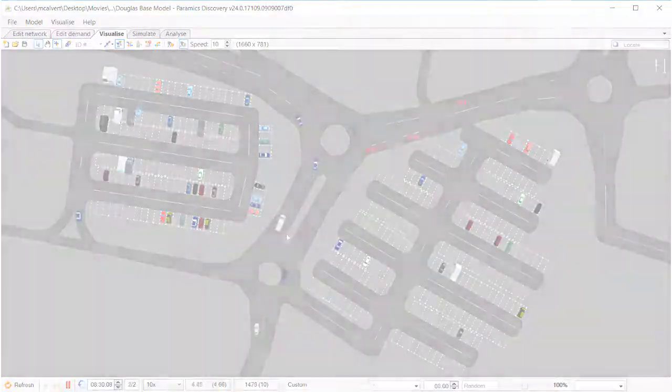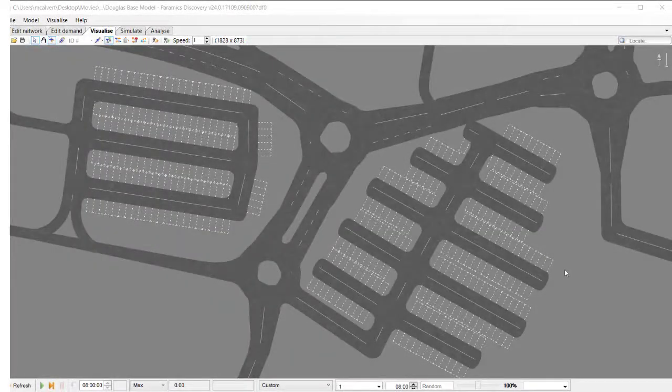So let's get started. To demonstrate this movie capture feature, I'm using a model that we used a few weeks ago for the off-street parking video tutorial. Now I want to draw your attention to a couple of features that you may not have come across before, which are very useful when it comes to movie capture, and that's the ability to store a view and then to recall that view. Because it's quite useful when you're capturing a movie to be able to see the model